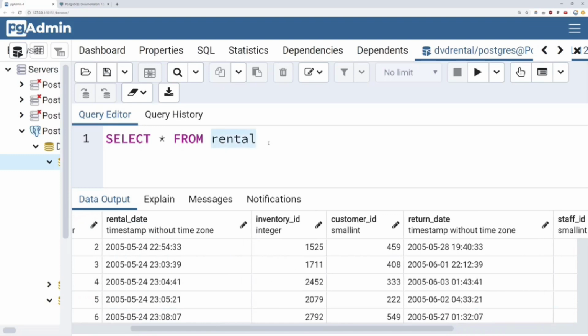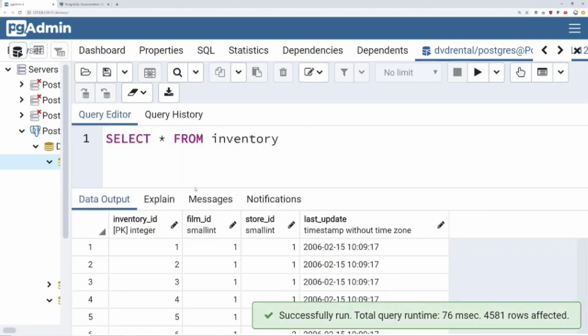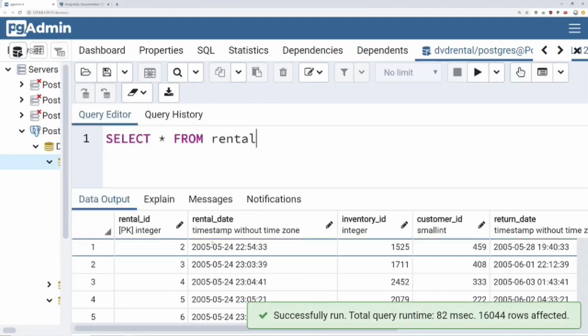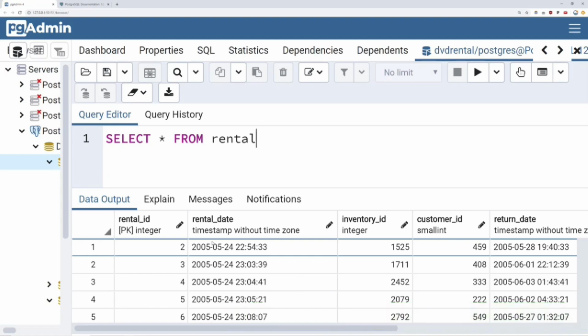We also have inventory. So let's check our inventory table. Run that. This has an inventory ID, film ID, store ID, and then a last update there. So let's imagine we have a situation where I want to grab the film titles that have been returned between a certain set of dates. So if we go back to select everything from rental, we have this rental date. Let's grab all the films that have been returned between, let's say, May 29th of 2005 and